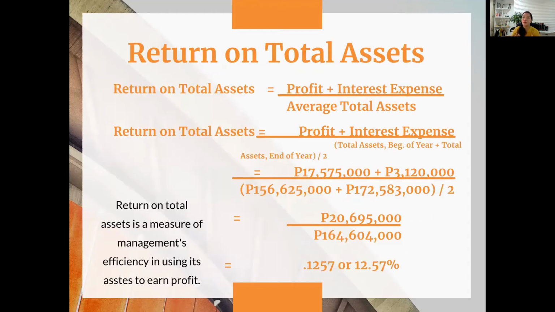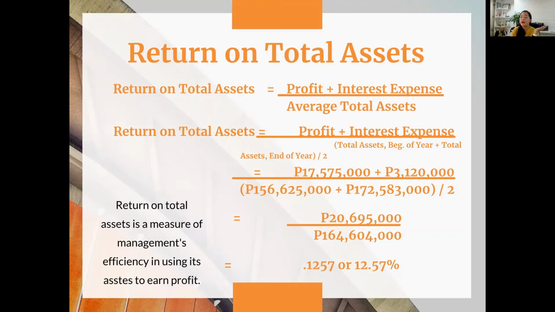So we have this return on total assets. It's a ratio that will tell how much return you will get from your total assets. So that is profit plus interest expense over average total assets, where total assets is the beginning of the year plus the end of the year divided by 2. It's your average total assets. So you can get the figure by computing it, if your net income or your profit is